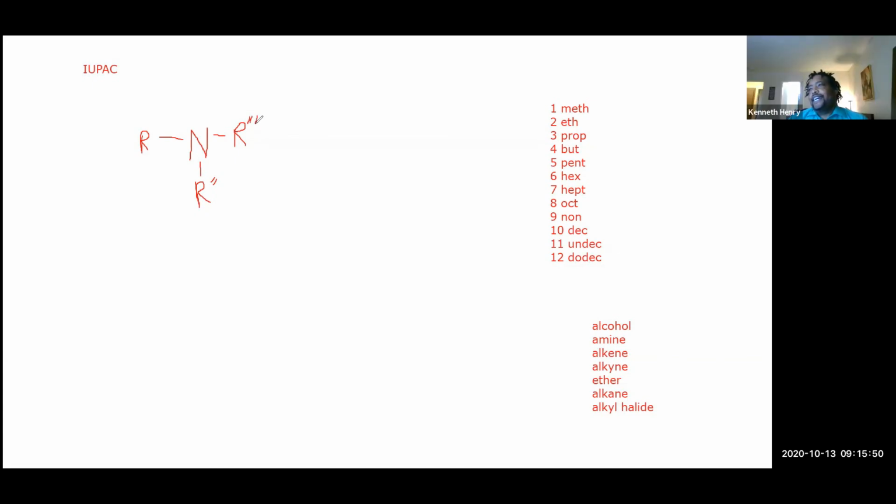I get worried because I think I'm losing you guys. I have to keep you on your toes. So it's like this, right? Technically you have your lone pair up here, since we're drawing a complete Lewis dot structure. But then you have 3 different hydrocarbons, or in this case, it can also be H's. So if I have this guy,